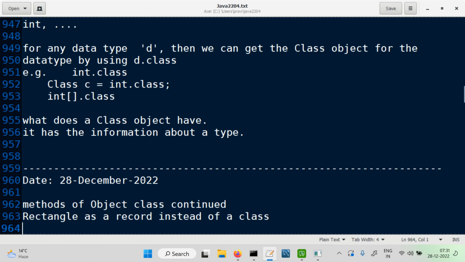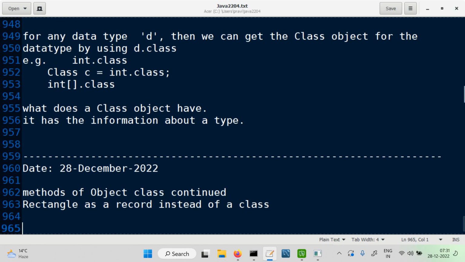And so let's continue. What we'll do is we'll implement the methods of Object class for Rectangle and Cuboid. Okay, let's see how we can create these methods now. Okay, so overriding methods for